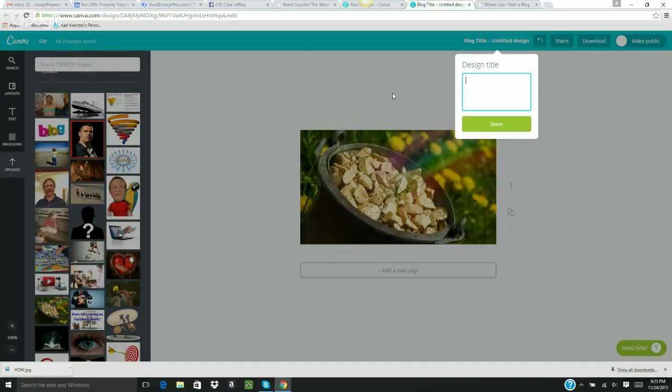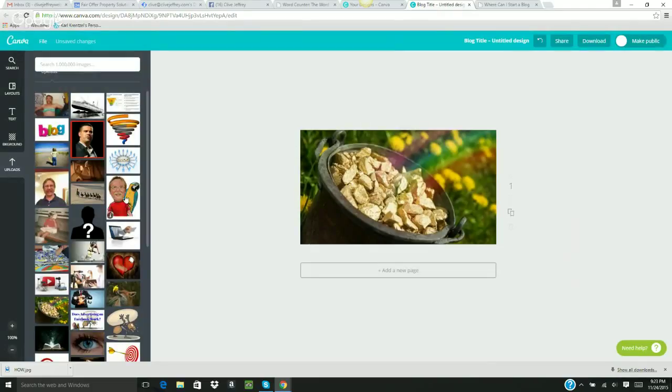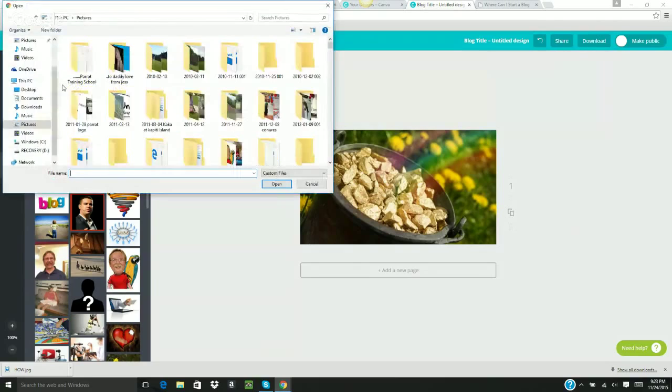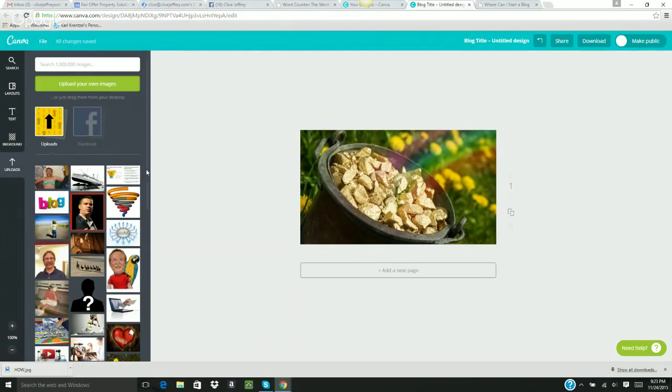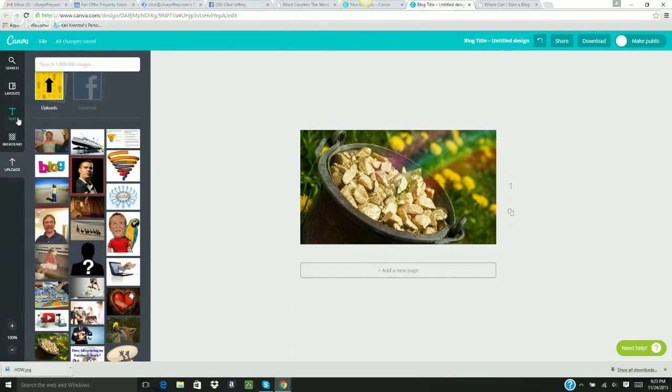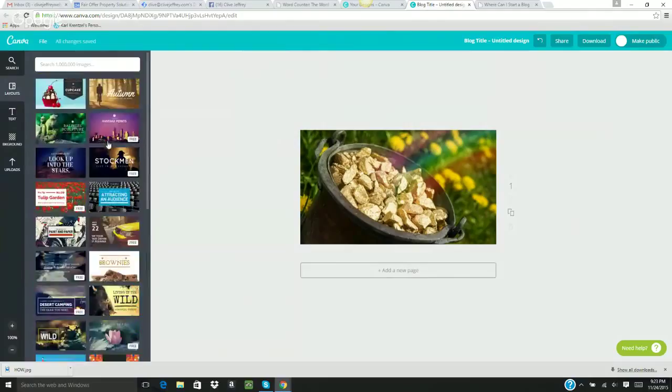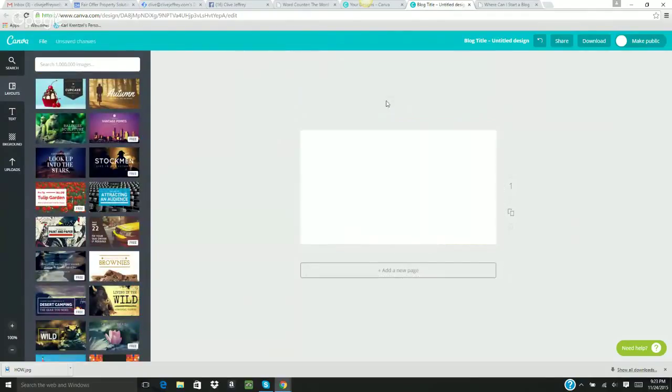But really, the same goes again. We have the same flexibility. If we want to upload a different image from your computer, you literally just click upload, and you just call the file from wherever you've got it stored on your computer. Really easy to do, and again, just so flexible on what you can do. Like, if we want to get rid of this here, just to show you,